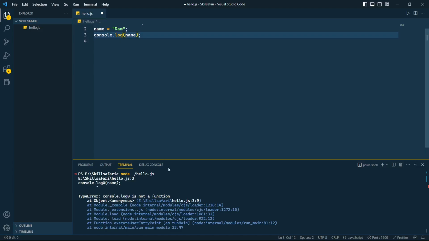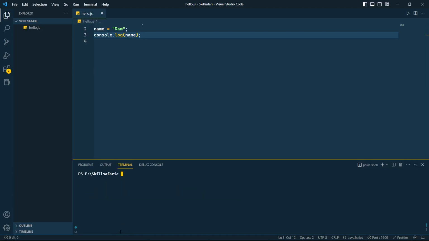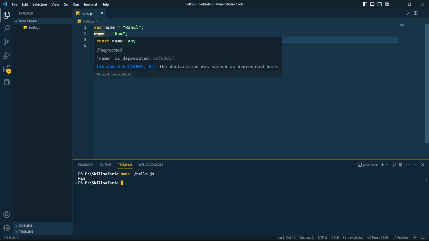Okay, I made a mistake in the syntax, that's why it is showing the error. Now let's try one more time. It is showing here as Ram, right? And this is because the var keyword is a global variable declaration.